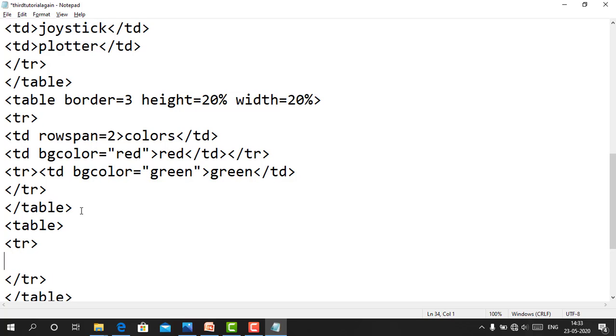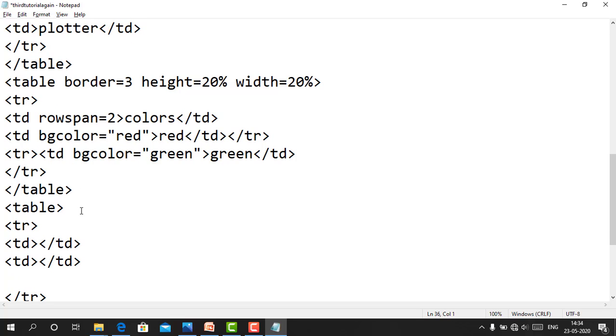In the TR tag, TD tag is here. TD, closing TD, first TD. Okay, 3 contents are there. That's why copy and then paste, then paste. Colors red, green. Again colors red, green.